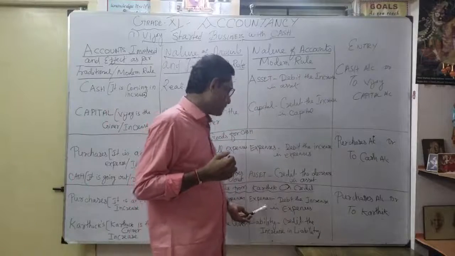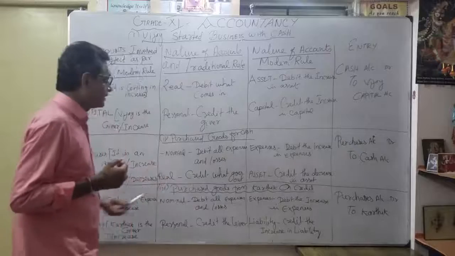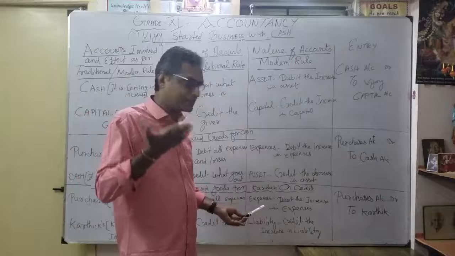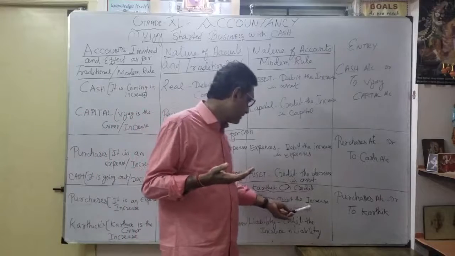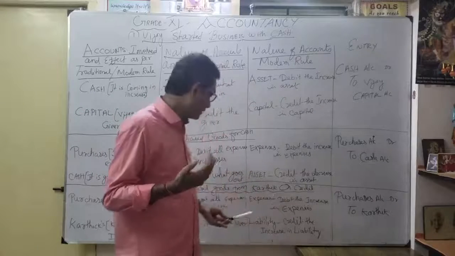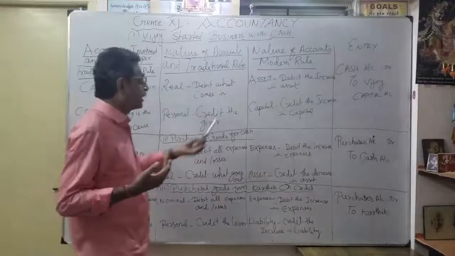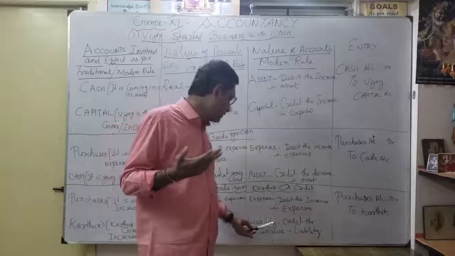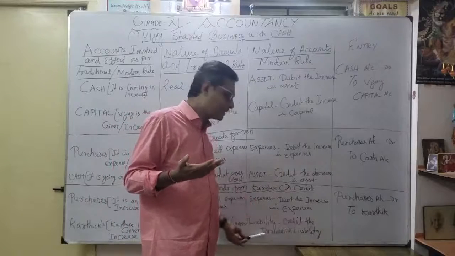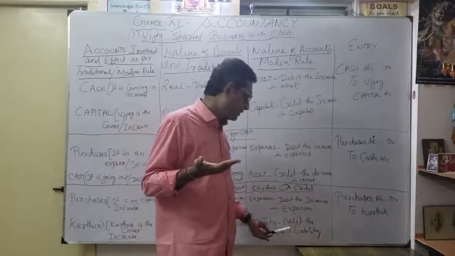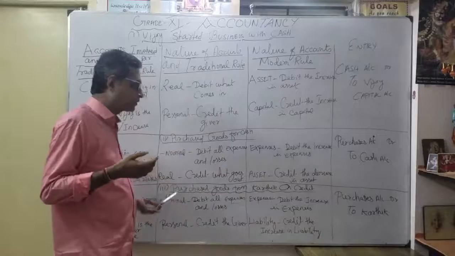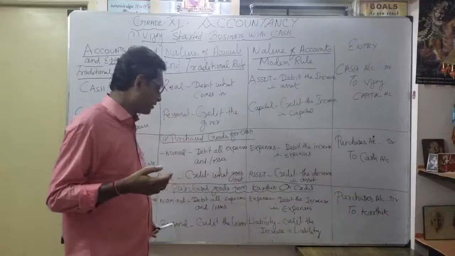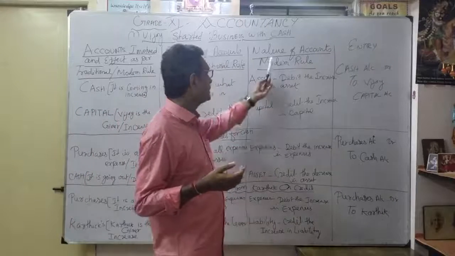See, as an expense, again, as purchases, according to modern rule, it is coming under expenses. Naturally, whenever expenses increase, I put debit. That's what debit the increase in expenses. Okay. Similarly, Karthik here, according to my modern rule, we consider as a creditor, as a liability. Correct. So here liability, so my credit is the increase. Credit also increases as a liability. Correct. So I consider here as a nominal account under traditional rule, here as expenses, here as a personal account, here as a liability under modern rule.